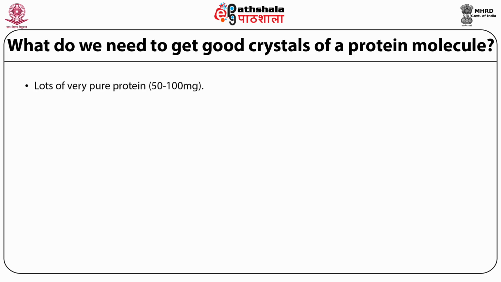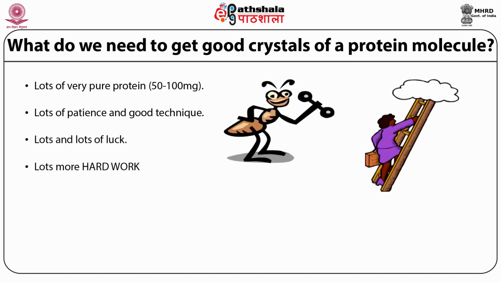As I said before, we need very pure protein and a good quantity. We need at least a minimum of about 10 mg to start with, but that's a very ideal condition. You may need up to 50 to 100 milligrams of protein for trying many conditions. You need a lot of patience and good technique, and it needs a lot of hard work, and sometimes it could be some luck, but definitely a lot of hard work, and working in a very clean environment is essential. We don't want any dust particles, or humidity or temperature changing all the time, as that will hamper